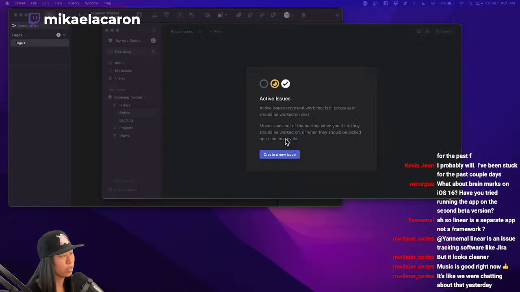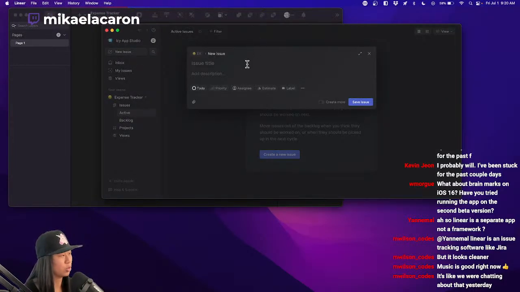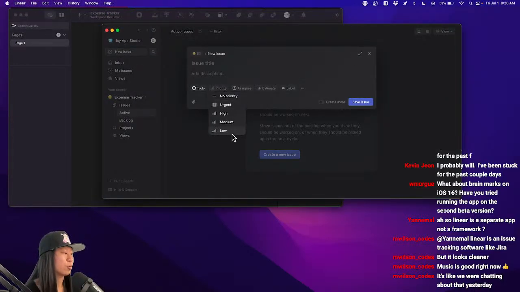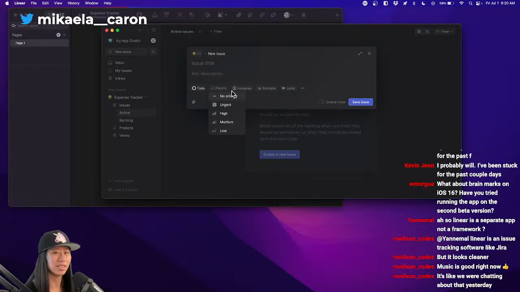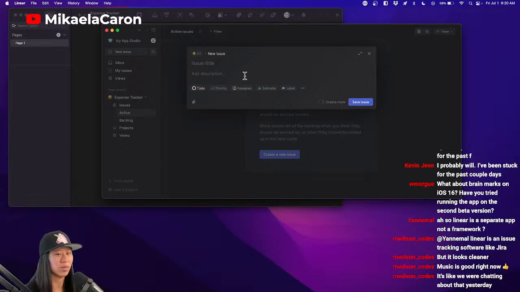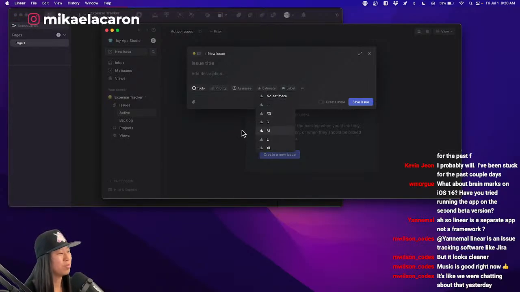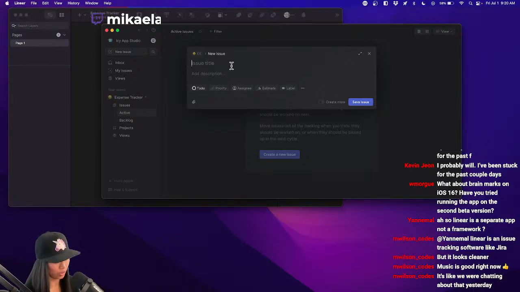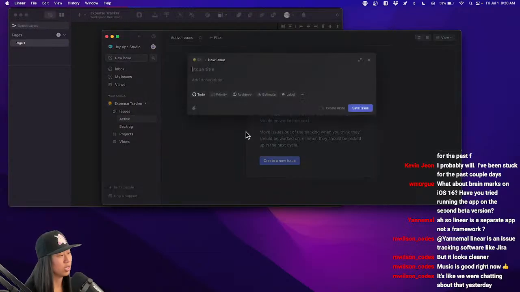Okay, let's do first issue. We're not going to really be using priorities because technically everything's going to be a priority. And I'm not going to assign everything to me, that's kind of obnoxious. We'll maybe use the estimate, but let's think. Okay, what are we doing to make an expense tracker app? We need to have,